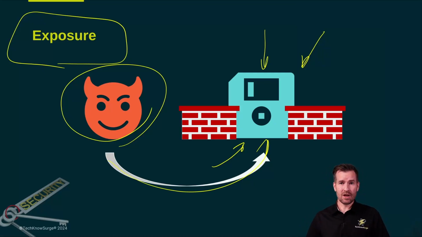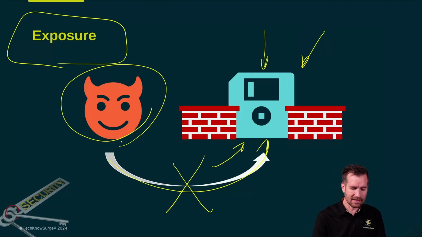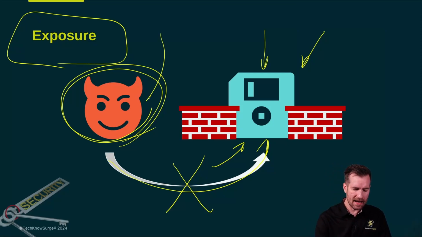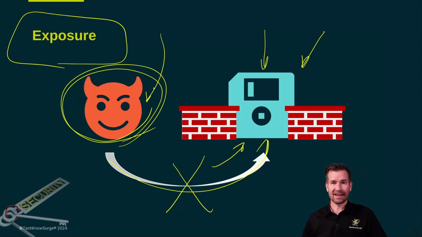Now, it's important to note that just because something was exposed doesn't necessarily mean that this threat agent took advantage of that. But even so, we don't fully know if that threat agent gained access to that, which is one of the reasons why we do monitoring. Now, in the case where we don't know if this threat agent had access to it or not, we still have to notify our customers. So even a simple exposure, whether it was taken advantage of or not, can be really devastating to a company's